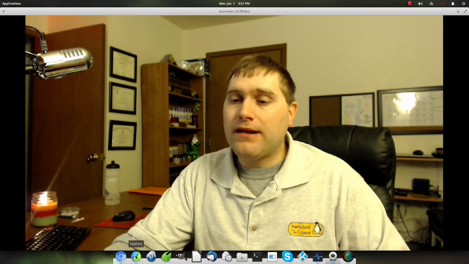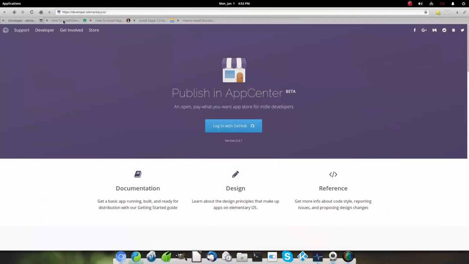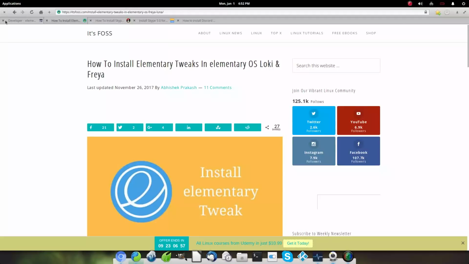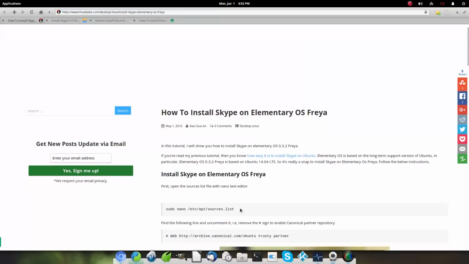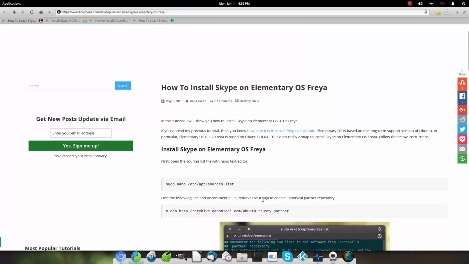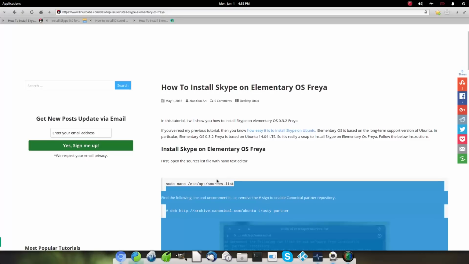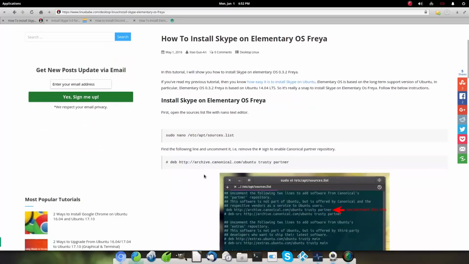And so what I did is I just looked up some information over here. So if I just look up, let's go to the tweak tool later. I want to look at that one later. So if you go on and you want to say how to install Skype on Elementary OS, well, you have to know if you're on Freya or if you're on Loki. Likely you're on Loki right now, but if you come in here and say, I need Skype, and you just start doing the things in here, you figure out where the terminal is, this won't work. Because these functions are disabled in Elementary Loki.